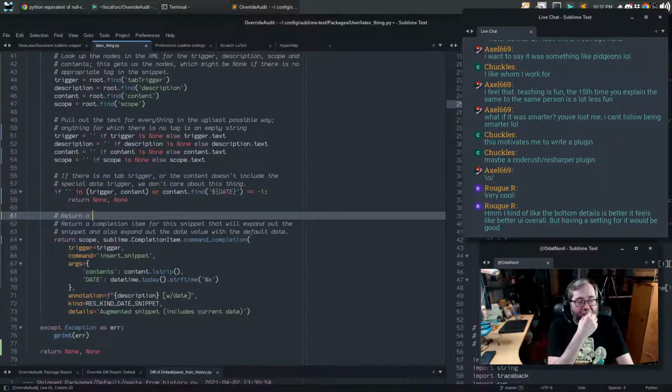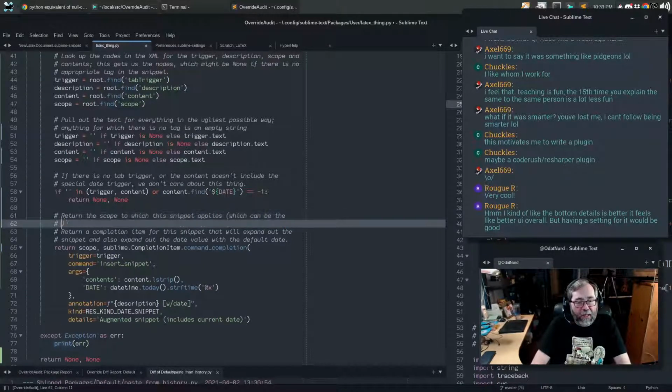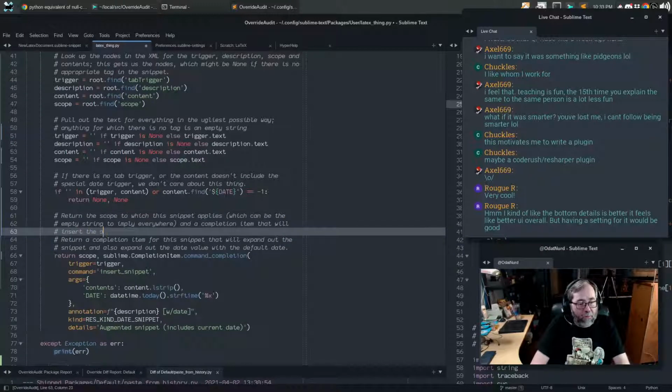What would really be nice is if we could stick the scope information into the completion item itself. But, you know. Return the scope to which this snippet applies, which can be the empty string to imply everywhere. And a completion item that will